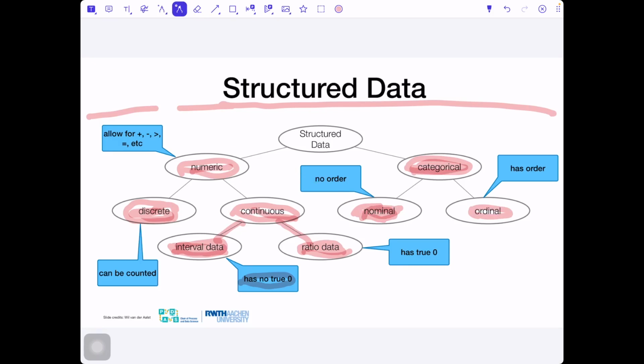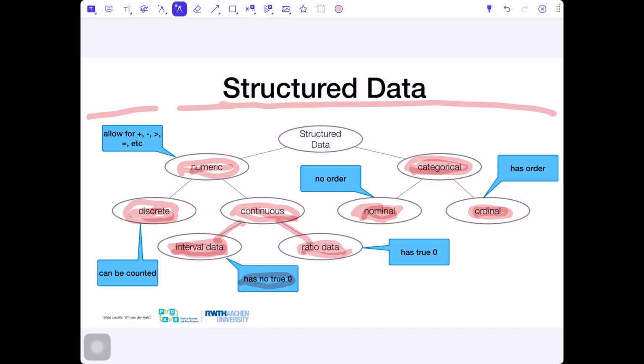Or it can be ordinal, as for example school grades. Here in Germany, the grades are from 1 to 6, and 1 is the best, 2 is the second best, 3 is the third best, and so on and so forth. So we can put them in order.